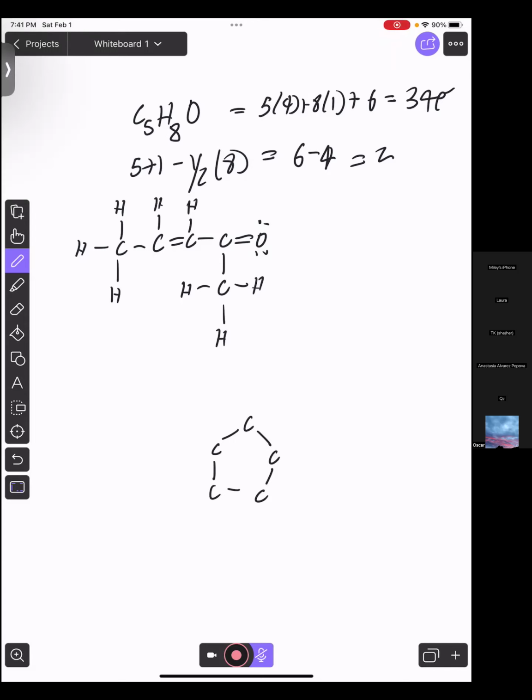This satisfies one of the 2 degrees of unsaturation. It means I still need another degree of unsaturation. I'm going to choose to do a double bond for the other degree of unsaturation because double bonds are just so easy. I've used up all my 5 carbons, however, so I could choose to make a double bond